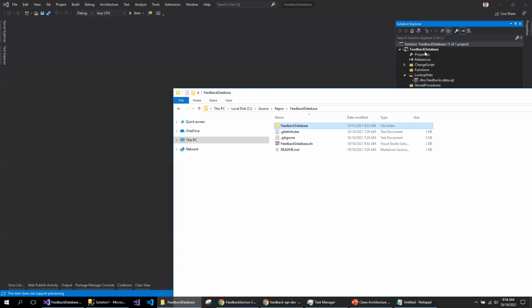So what we need to do is, as I mentioned earlier, my code had all these files directly outside here.